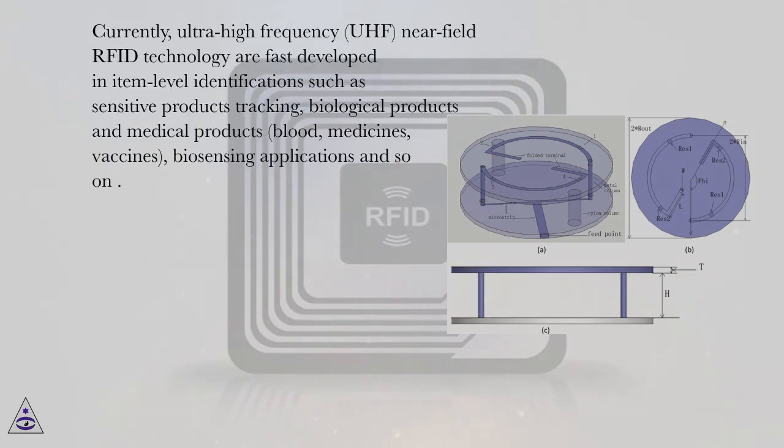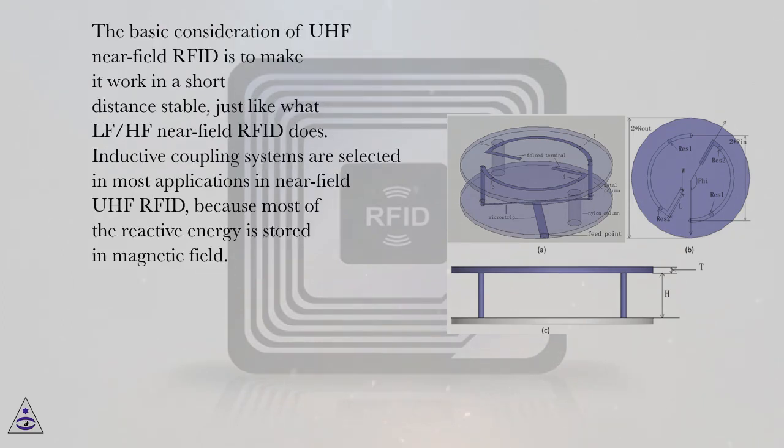far-field antenna. Currently, ultra-high frequency, UHF, near-field RFID technology is developing fast in item-level identification such as sensitive products tracking, biological products and medical products, blood, medicines, vaccines, biosensing applications and so on. The basic consideration of UHF near-field RFID is to make it work stably at a short distance, just like what LF/HF near-field RFID does. Inductive coupling systems are selected in most applications in near-field UHF RFID, because most of the